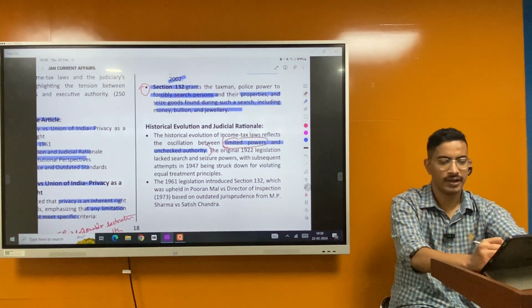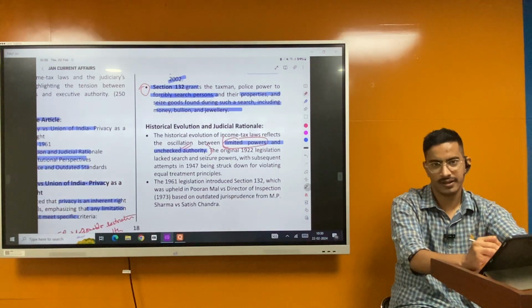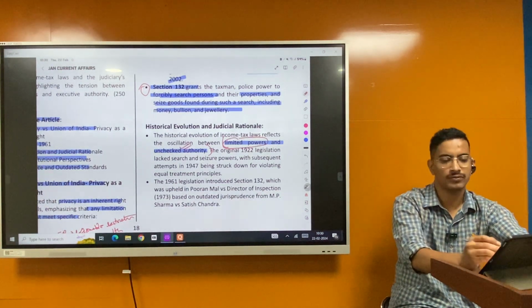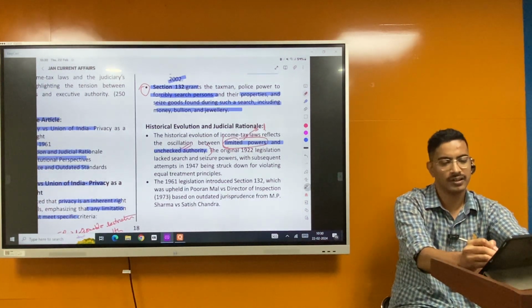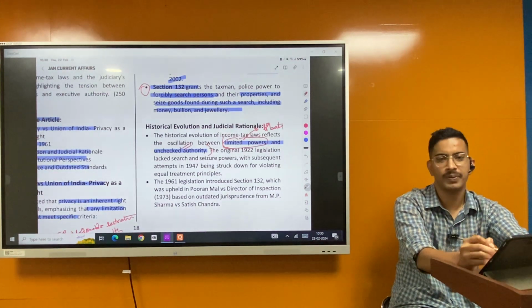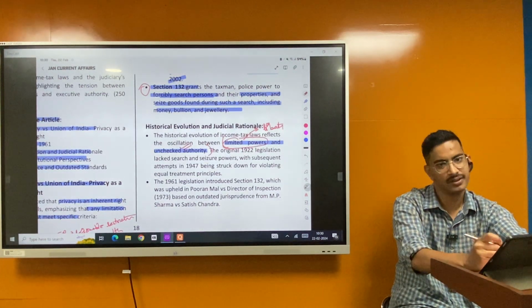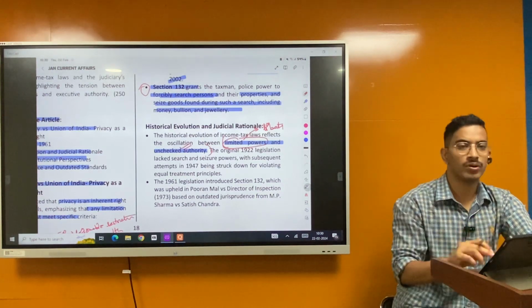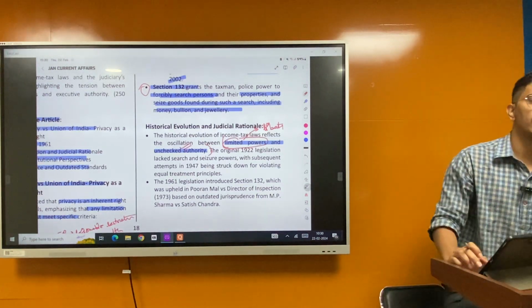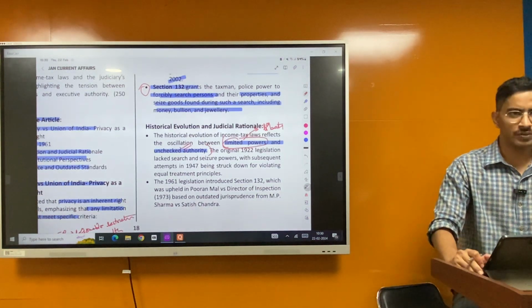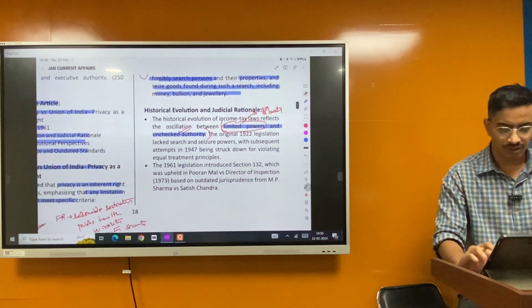Limited power and unchecked authority, right? Limited power, obviously, you can see the liberty of people is upheld, but unchecked authority is more overreach, giving more power to the administration or to the executives. The original